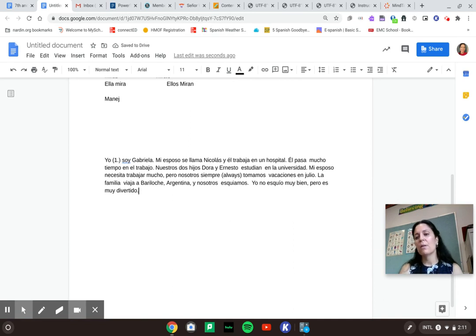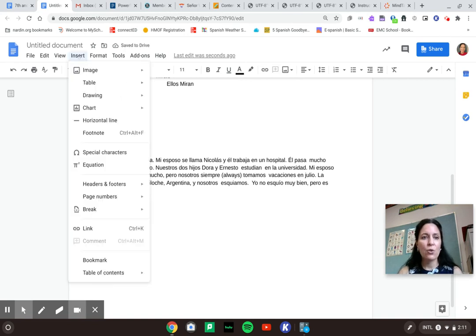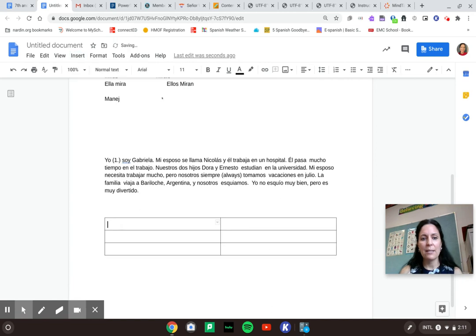So here's a little example of how you conjugate a verb in Spanish. You really need to know your endings. So make sure that you understand that your endings for an AR verb are going to be o, and then as, and then a. That's our singular. We have I and you and he or she or you formal. And then we have we, nosotros. We have áis for y'all or vosotros. And then we have an for ellos.